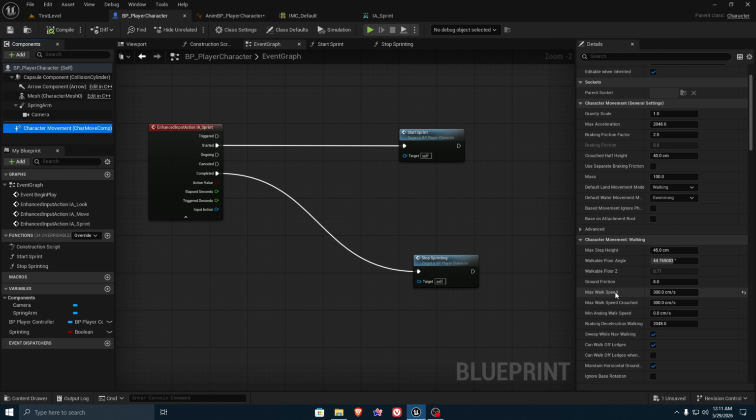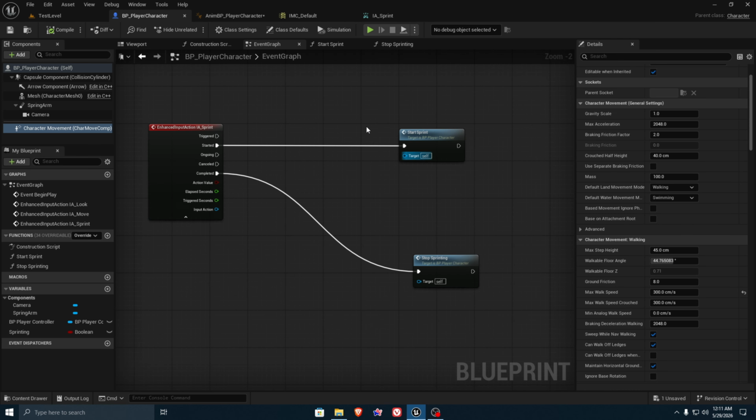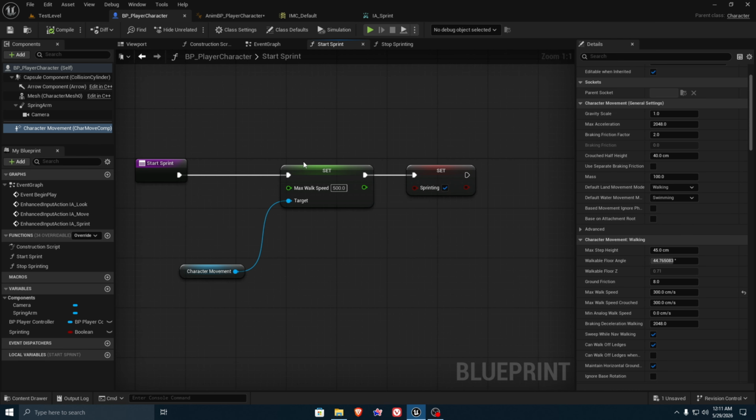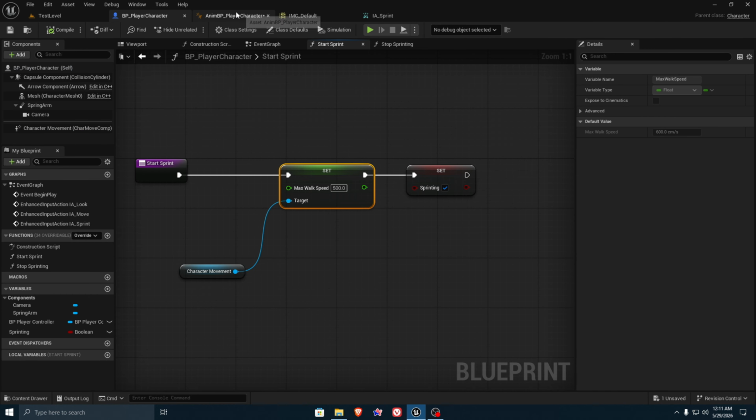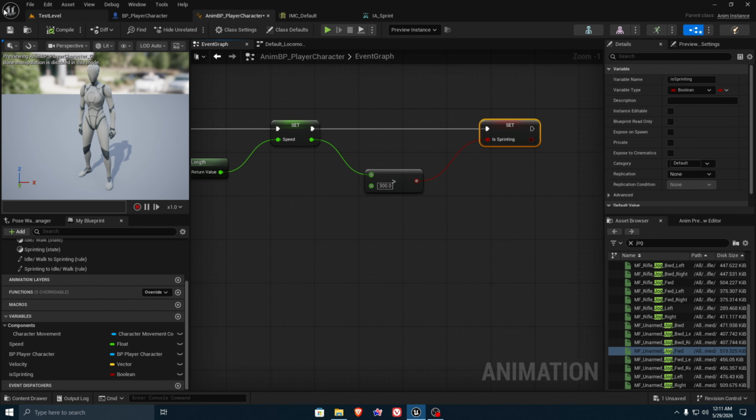So whenever my speed is increased from 300 to any other value, we can say that okay, our character is sprinting. And I know that it will not exceed 500 because we have set our max walk speed to 500 for sprinting. However, 500 is greater than 300, so when our max walk speed reaches 500, that means that we are sprinting. So that's how we're gonna set our sprinting variable, and we can compile and save, and